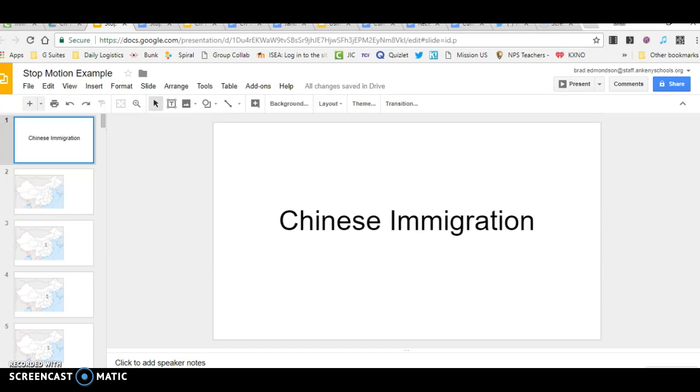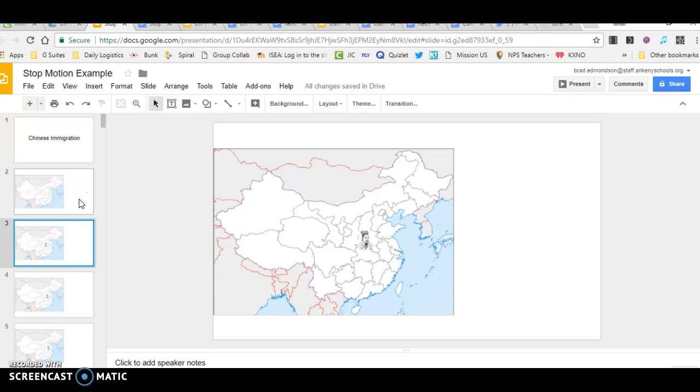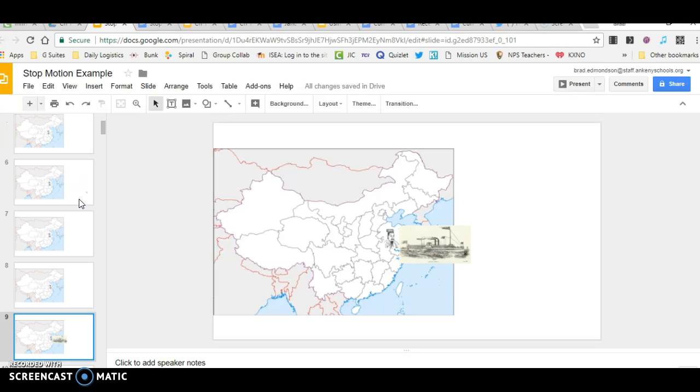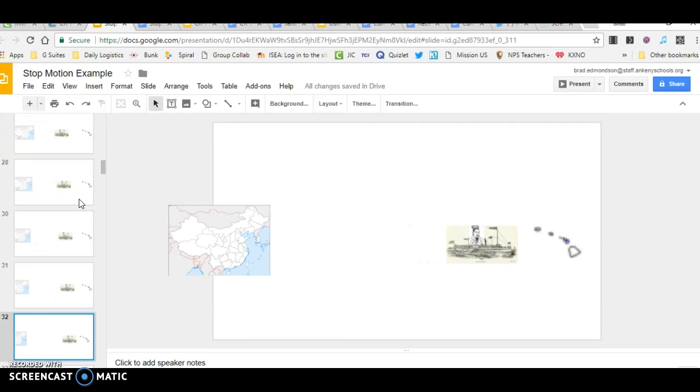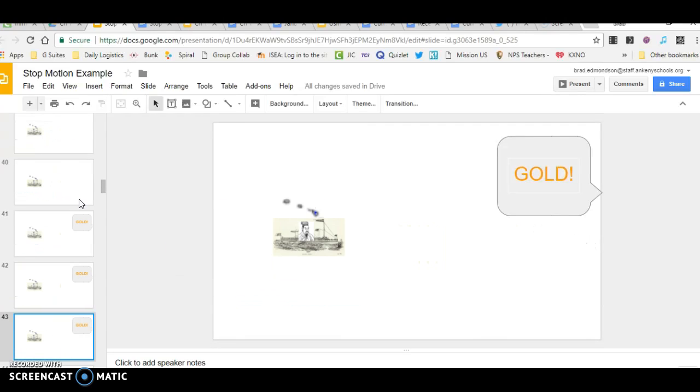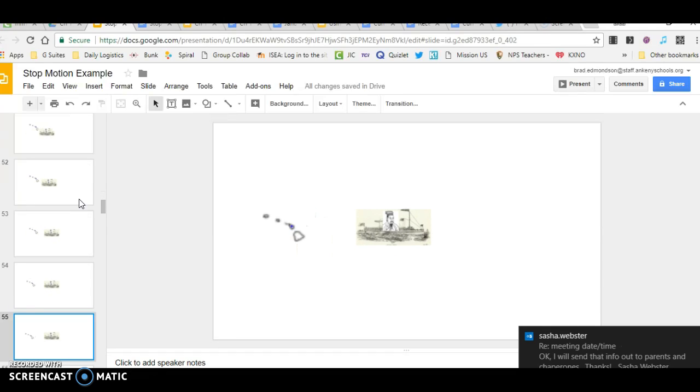So here's the idea, and let's face it, if I can do it, then you guys can do this, because you're way better at this stuff than I am. It's really basic. So you've got your Google Slides presentation open, right? And you're just going to use the slides as each frame of your story, so you can kind of see as I click through these how our friend Wing Sue moves, right? How the ship moves across the ocean. And then how he moves on